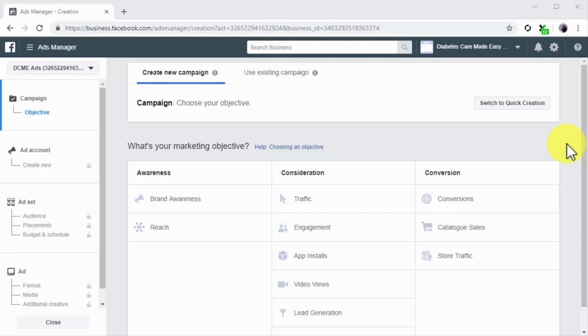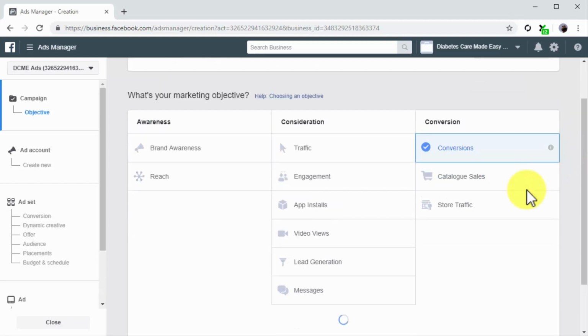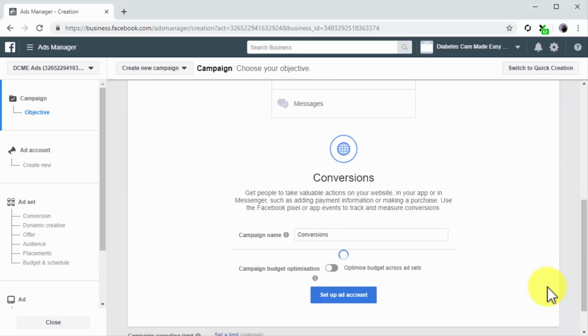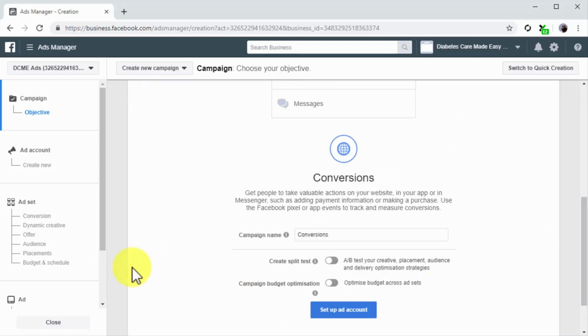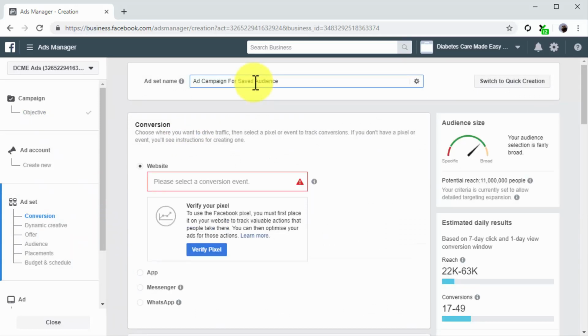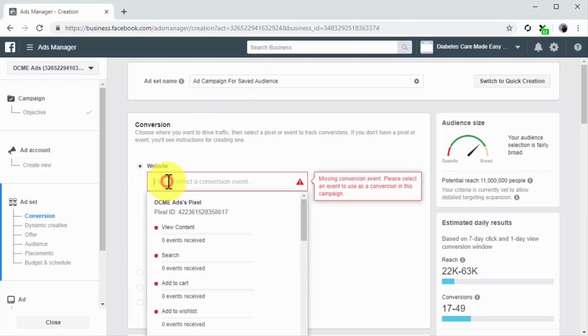You can target saved audiences with any type of marketing objective. But because we're going to test with retargeting a very specific segment of our website visitors, we are going to select conversions as our marketing objective. Let's now move to the ad set section. First, let's enter a name for the ad set. Then make sure that website is selected under conversions and click on the Select a Conversion Event field to select